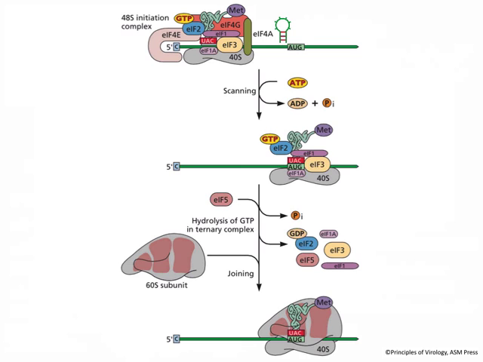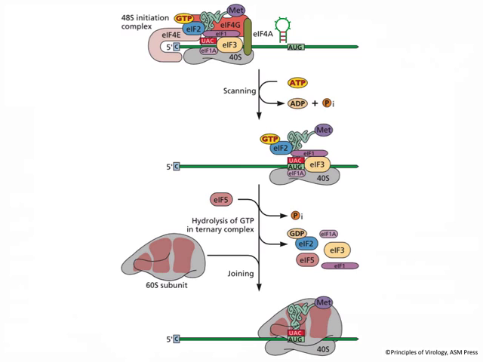So somehow this scanning initiation protein complex can detect all of that. And a lot of these other proteins here are able to detect the AUG codon. For example, eIF1, its job is to find the AUG codon. When the AUG is encountered, a lot of these initiation proteins come off. The 60S subunit then binds. So the 60S has been hanging around so far. It's not participating in any of this scanning. Until the AUG is reached, 60S comes on.